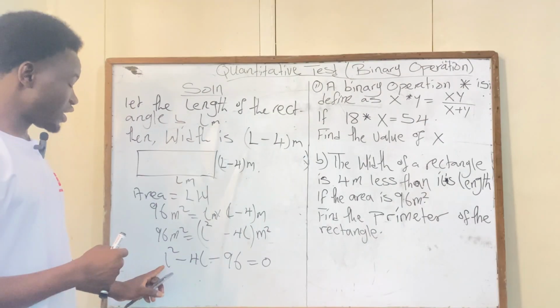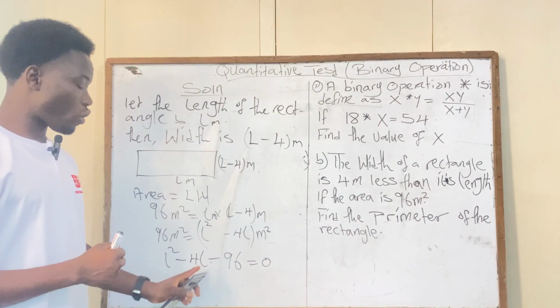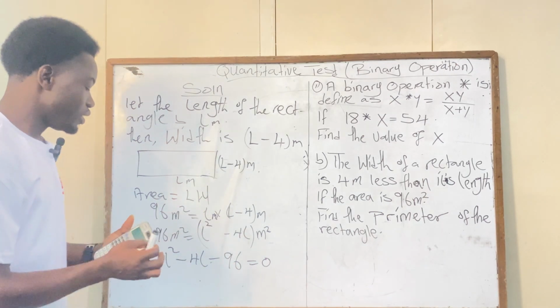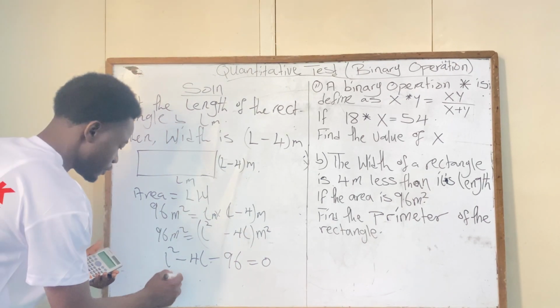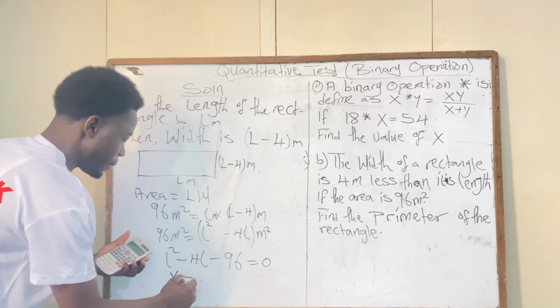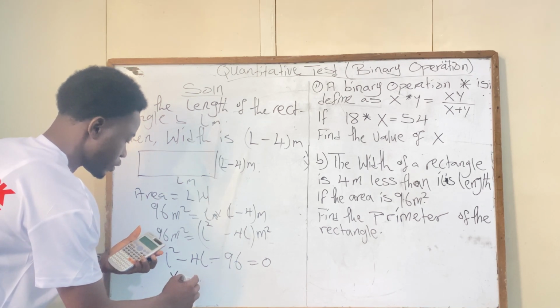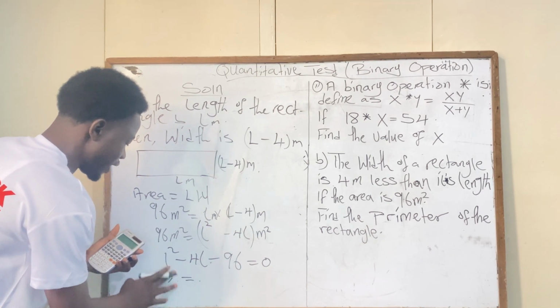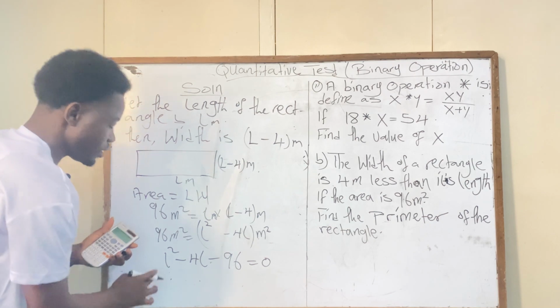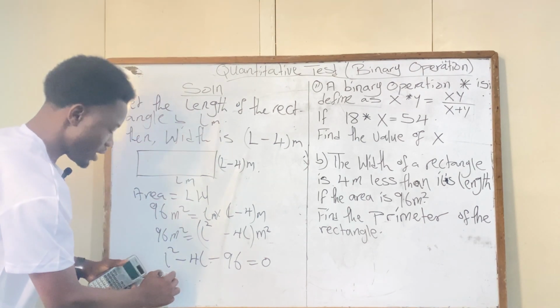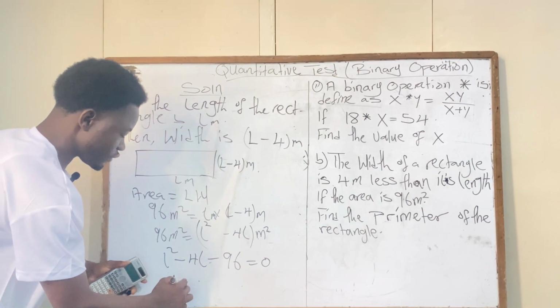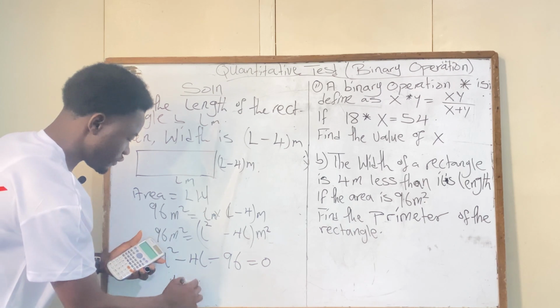So you key inside 1, -4, and -96. The values of x are, so the x represents the L in the calculator. So L is equal to 12